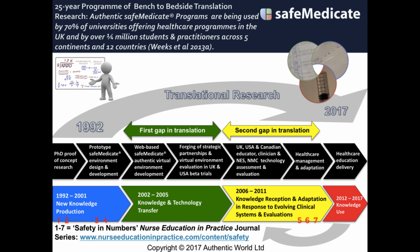In the case of safeMedicate, our translational research began in 1992 with Professor Keith Weeks' PhD and his design, development and testing of a prototype dosage calculation program. The prototype then evolved through a series of translations that bridged the two gaps shown in the diagram and the development of the safeMedicate program that we'll be exploring today. More information about this translational research process can be found in the introductory paper in the Safety in Numbers series